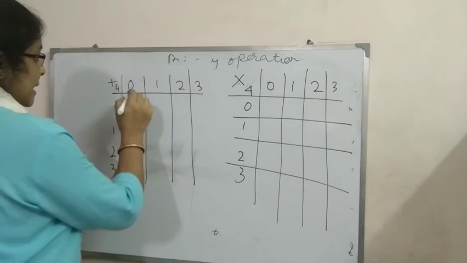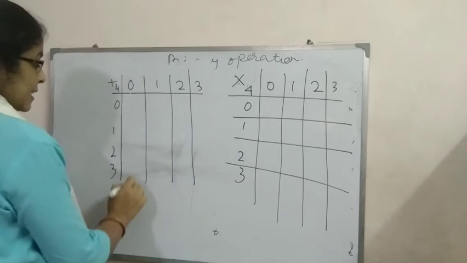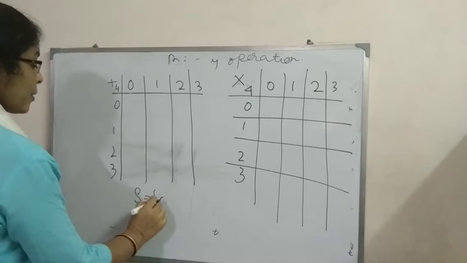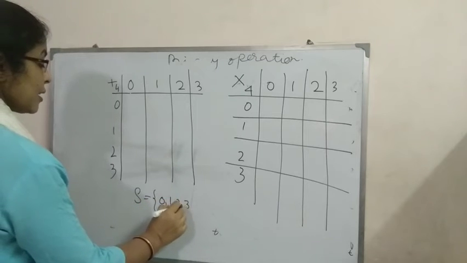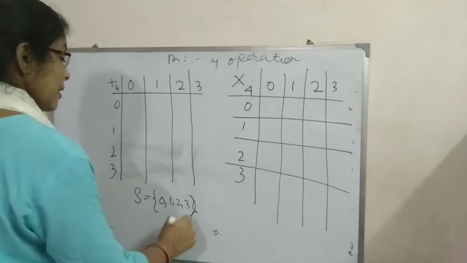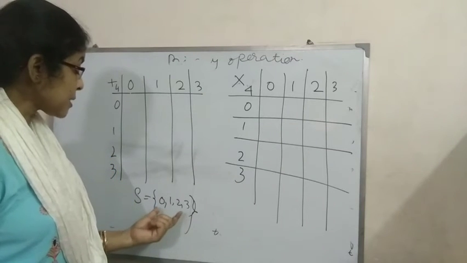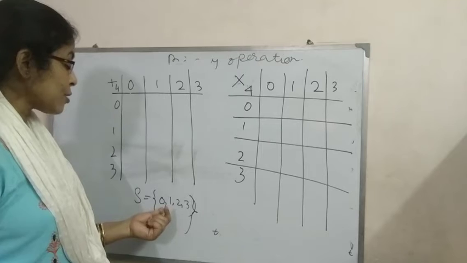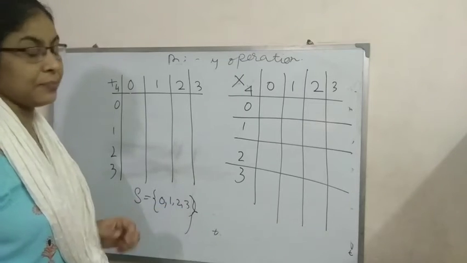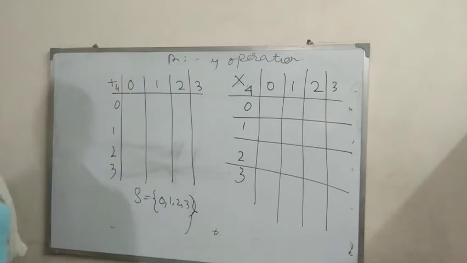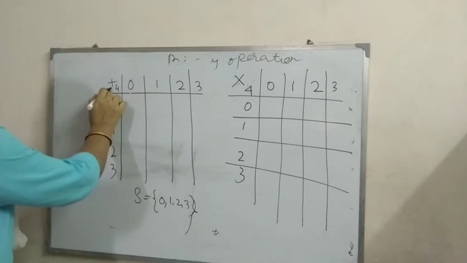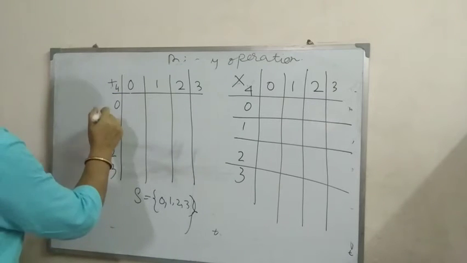Here S is a set. The set of elements are 0, 1, 2, 3. Here the given set is 0, 1, 2, 3. Elements of set S equal to 0, 1, 2, 3. Now, here the composition table operation is plus. That means